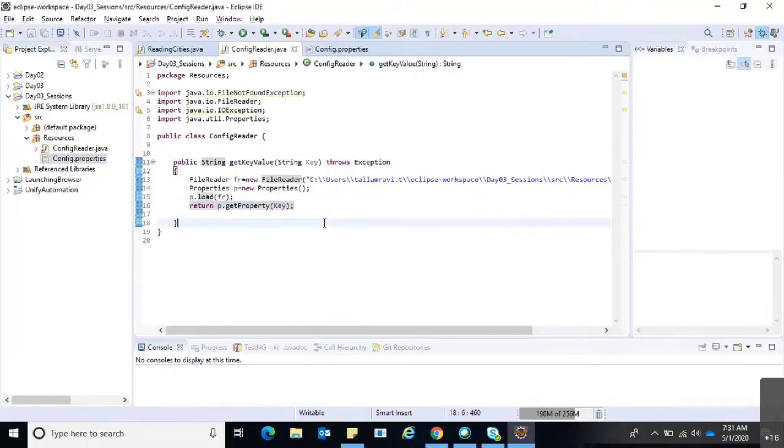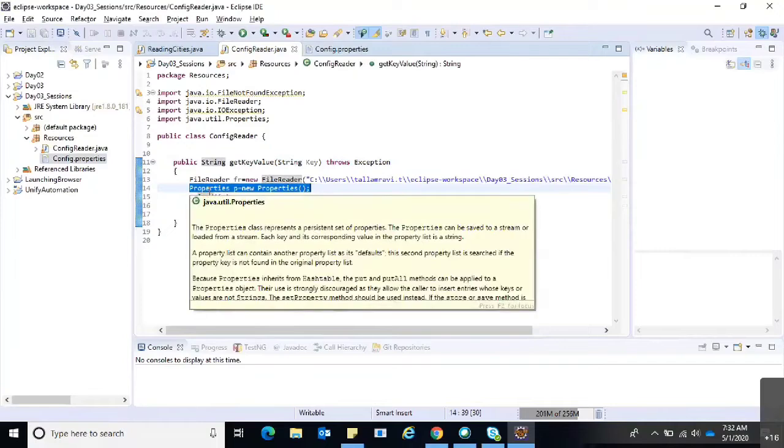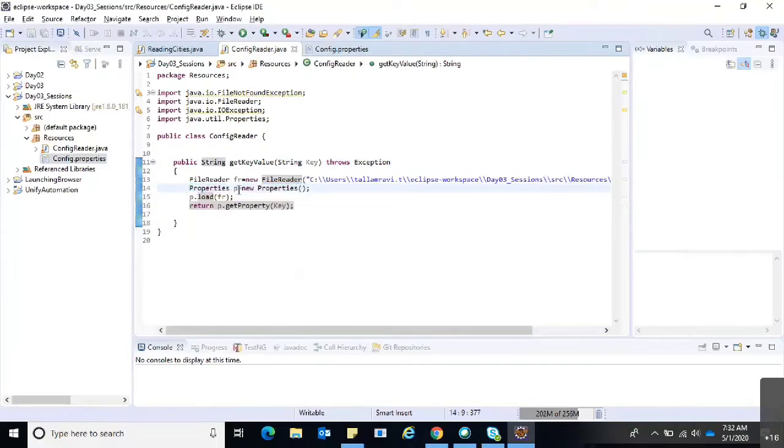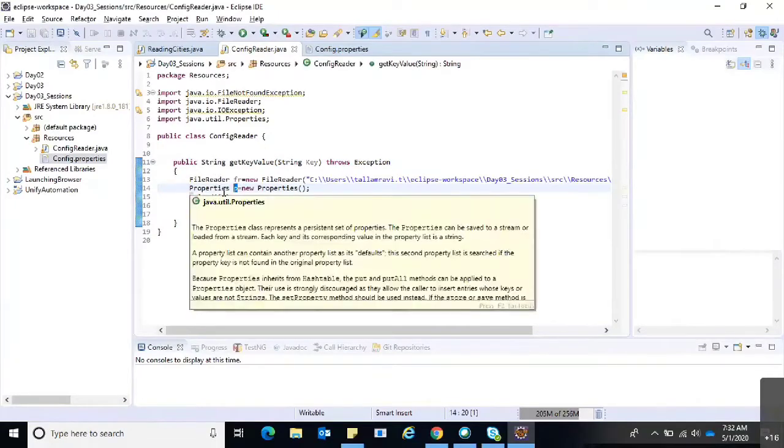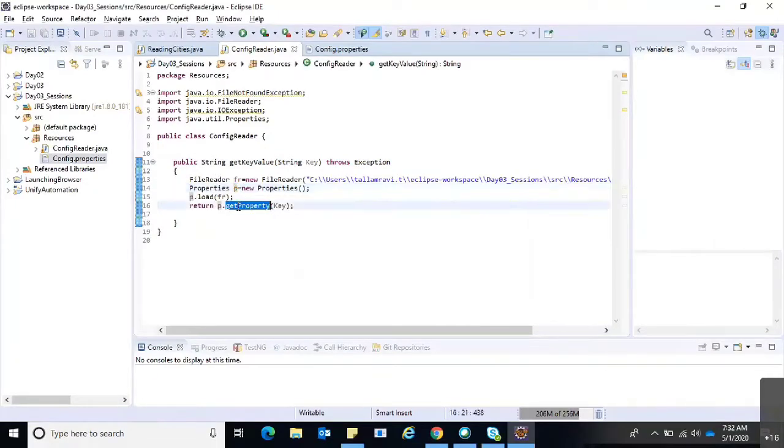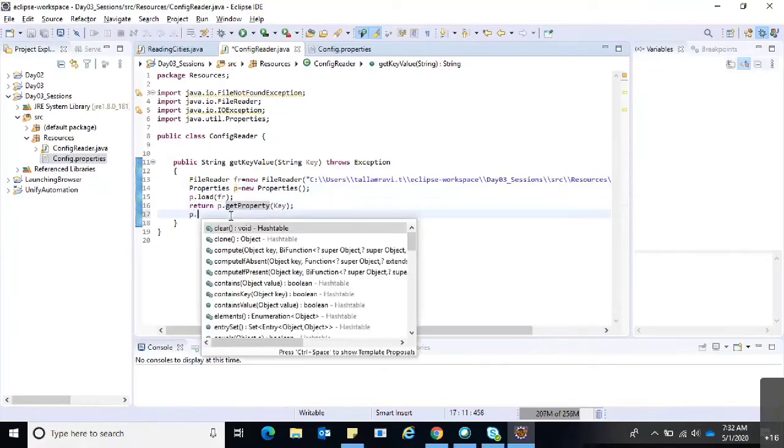Am I clear with this? Initially, we are reading the file, that is config.properties, and for reading a particular .properties file we have the Properties class. So we are creating an object for that, and we are loading that .properties file into the Properties object, so that we can use getProperty. Let me show you.